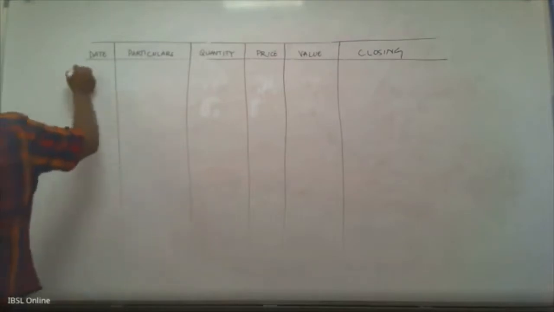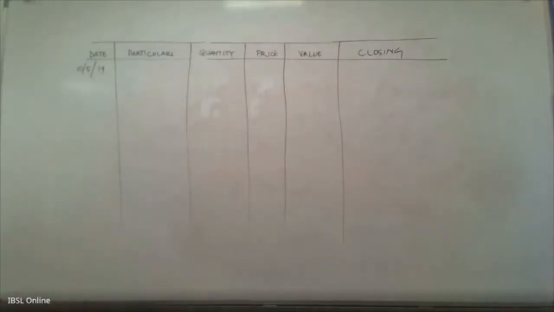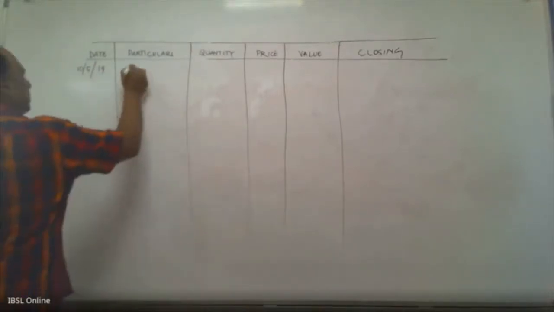Now, generally, people tend to use this kind of a format. It will be easy when you are doing it in the exams also, but you can use any method or maybe a simplified manner also. Okay, right. Let's start with this. 10th of May 2019, there is a purchase or receipt. Okay, it's a receipt.